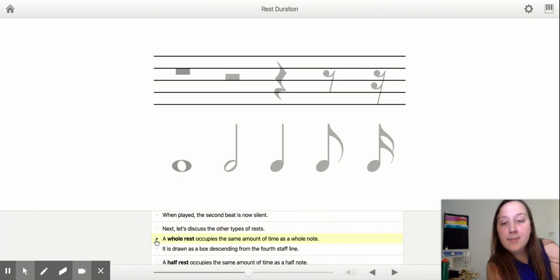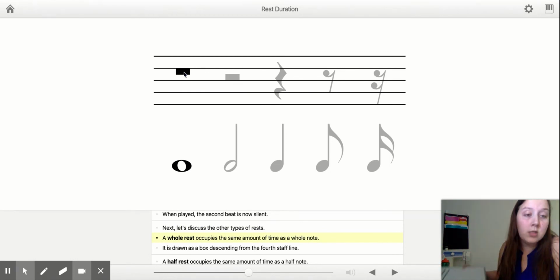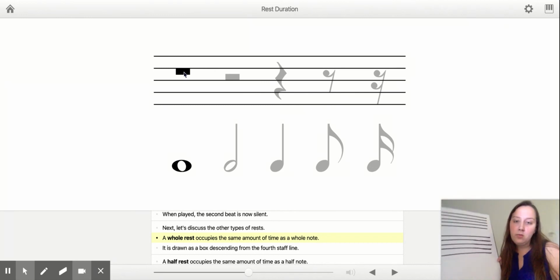There are other types of rest. We've got a whole rest. It occupies the same amount of time as a whole note. If we're in 4/4 time, that would be 4 beats. Half note or half rest,